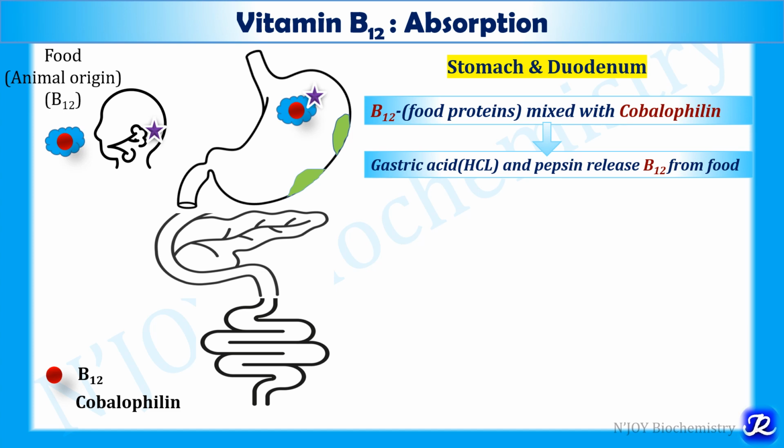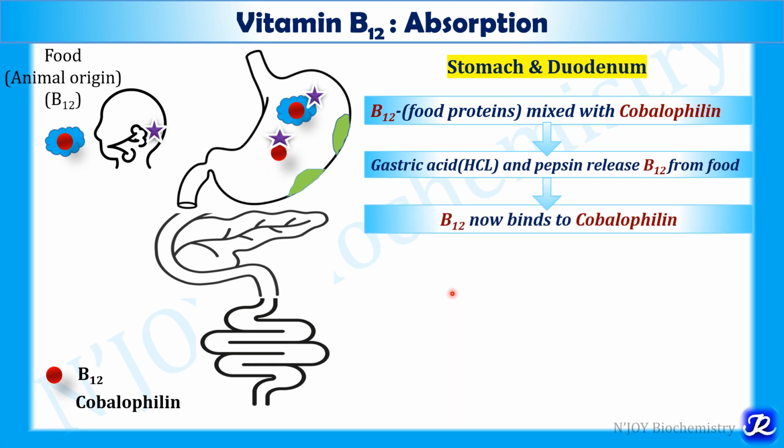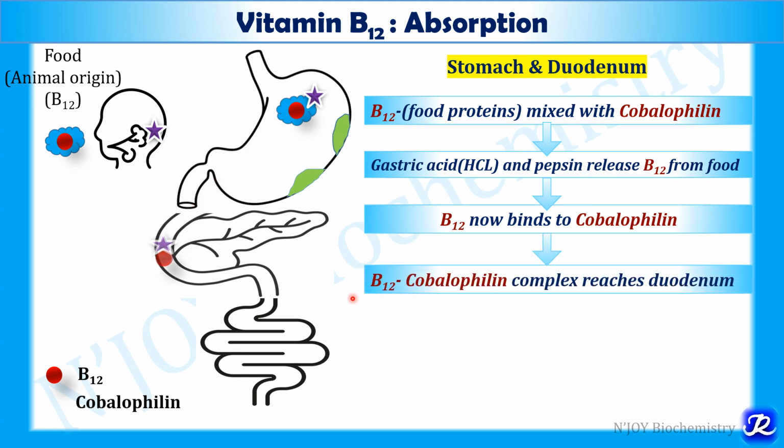there the gastric acid, that is hydrochloric acid and pepsin, is responsible for the release of vitamin B12 from the food. So vitamin B12 is released from the food, and now this cobalophyllin binds to the released vitamin B12. So vitamin B12 now binds to the cobalophyllin, and then this complex of vitamin B12 and cobalophyllin reaches